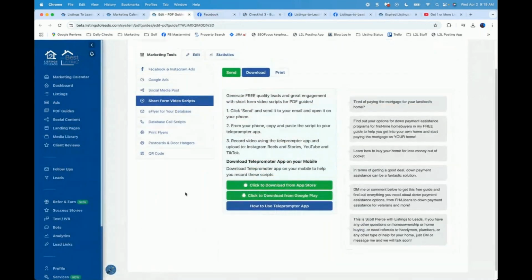And maybe they need down payment assistance, maybe they don't. But this is like the cash offer idea for buyers. So get that out there, use the videos,